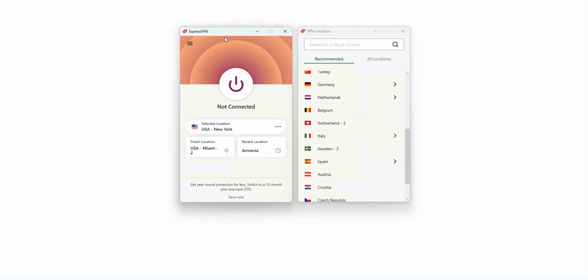To summarize, the idea is to use ExpressVPN to make it look like you are in another location by replacing your IP address with the IP address of the VPN server. Doing this not only allows you to bypass the firewall put in place by your school or university, but also browse anonymously and more. All you need to do is to select a location in the list and press this button. That's it. It is that simple.